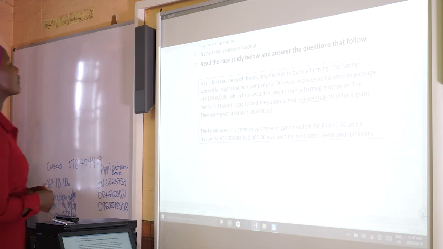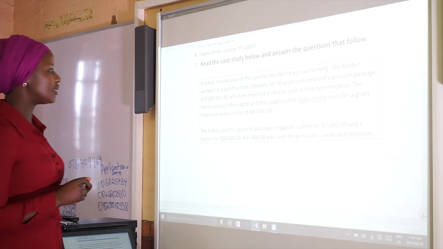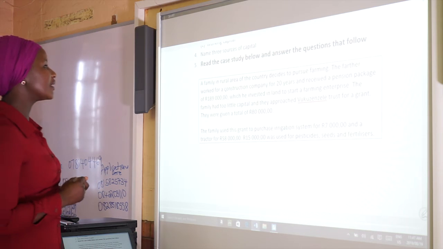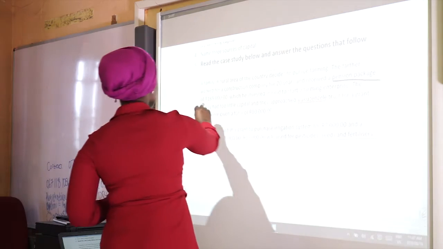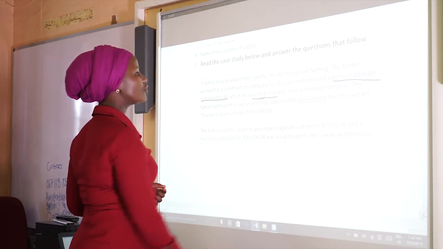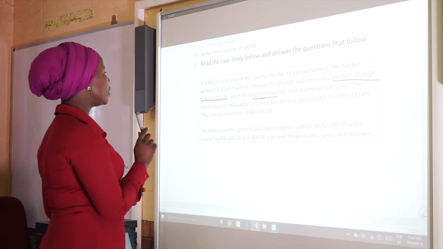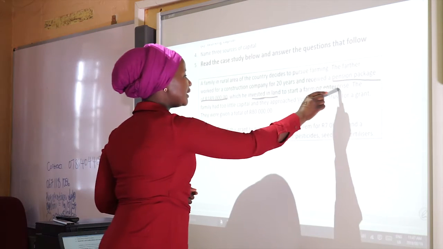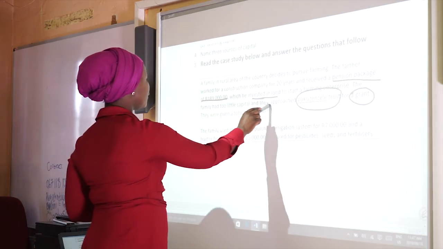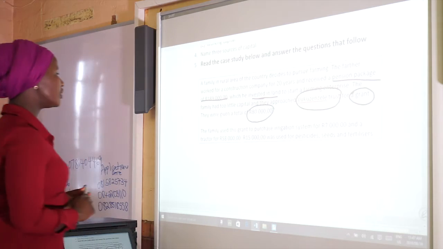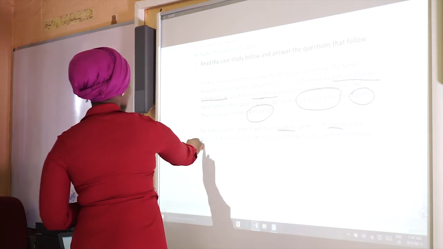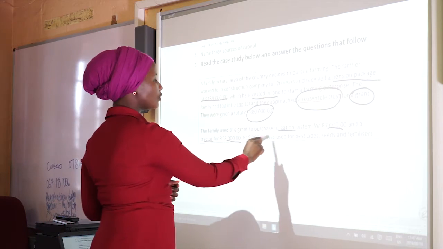So it says, a family in a rural area of the country decided to pursue farming. The father worked for a construction company for 20 years and received a pension package of 189,000, which he invested in land to start a farming enterprise. The family had too little capital and they approached Vukuzenzele Trust for a grant. They were given a total of 80,000. The family used this grant to purchase an irrigation system for 7,000, a tractor for 58,000, and 15,000 was for pesticides,